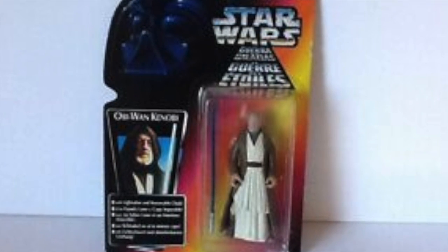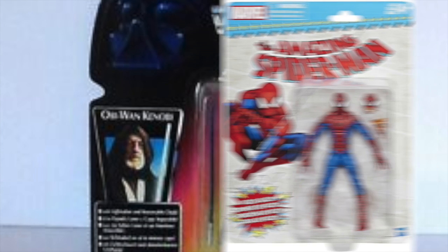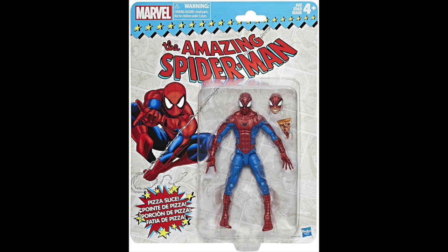As collectors, we're familiar with the concept of foreign release packaging. This goes back to the 70s and 80s and 90s, where you had versions of figures you could get in the US, outside the US, in different languages. Now, things are a little different. Now we tend to get figures that are what are called 4L packaging. So while we tend to call it foreign releases, in the industry it's known as 1L, 4L, 5L, even 9L,